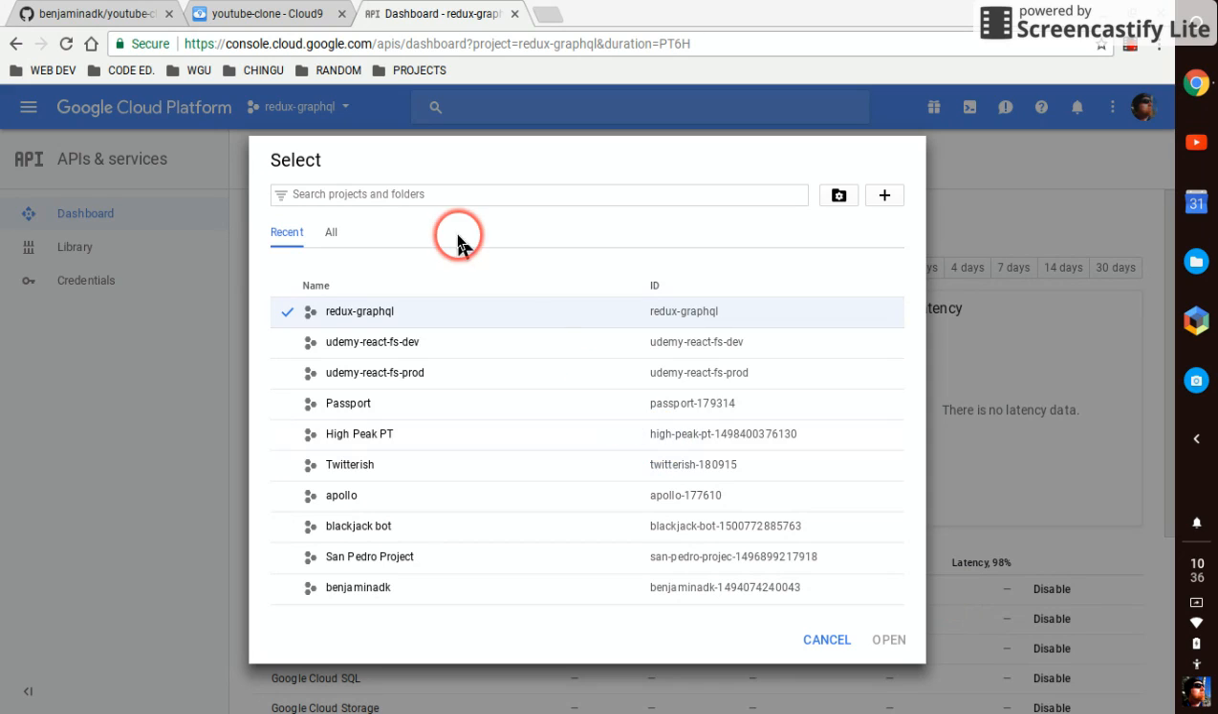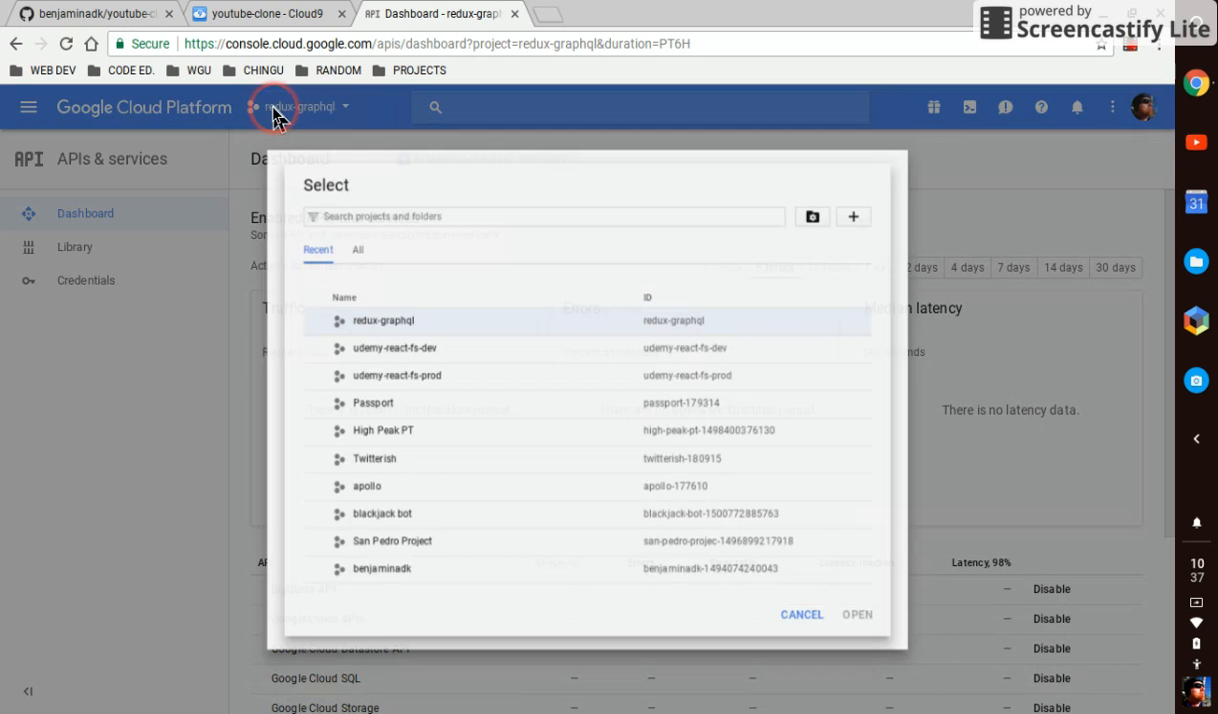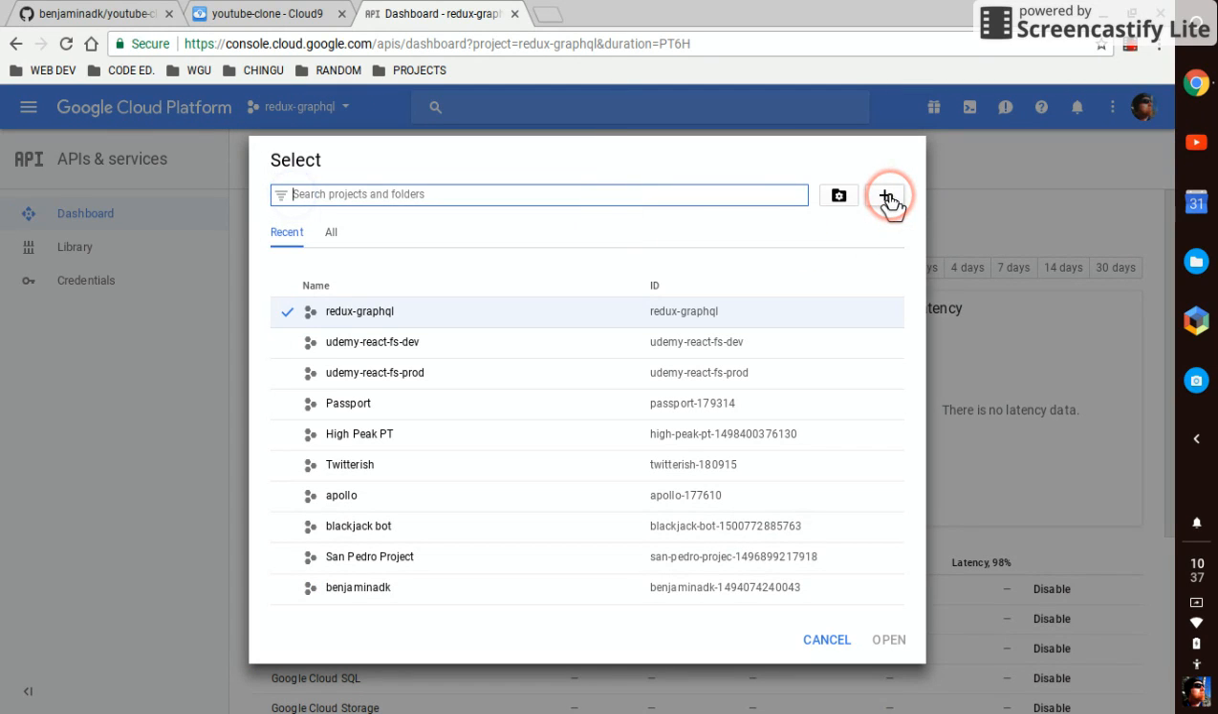So, first thing you're going to want to do is go to console.cloud.google.com, or I think either console.developers.google.com works too. Either way, you get into the Google system here, a screen that looks something like this, and you're going to want to create a new project. You're going to click on this, and then right here you're going to add a project with a plus sign,